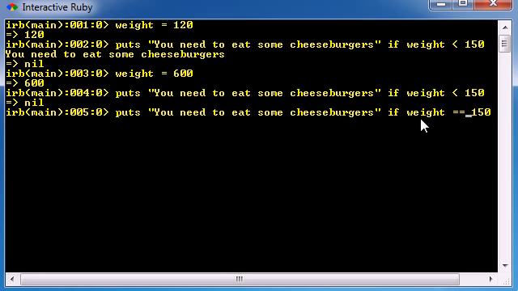So what this is going to do is say, okay, is weight exactly equal to 150? If it's 149, if it's 151, it's not going to work. It's going to be false. The only time this test is going to be true is if weight equals 150. And in this case, where weight equals 600, if we run this, it's going to be false,